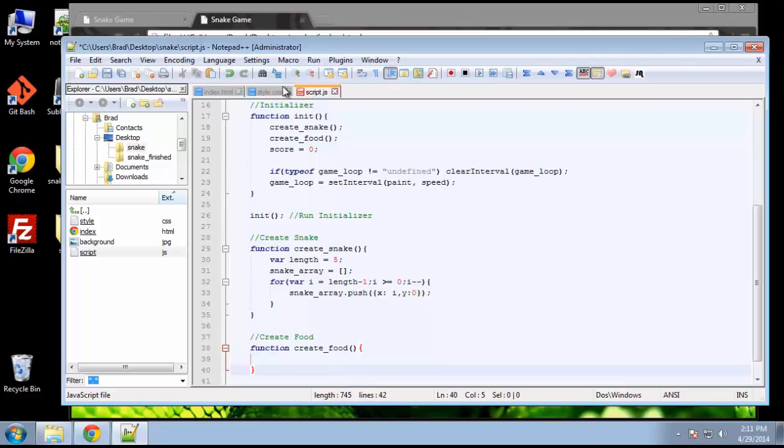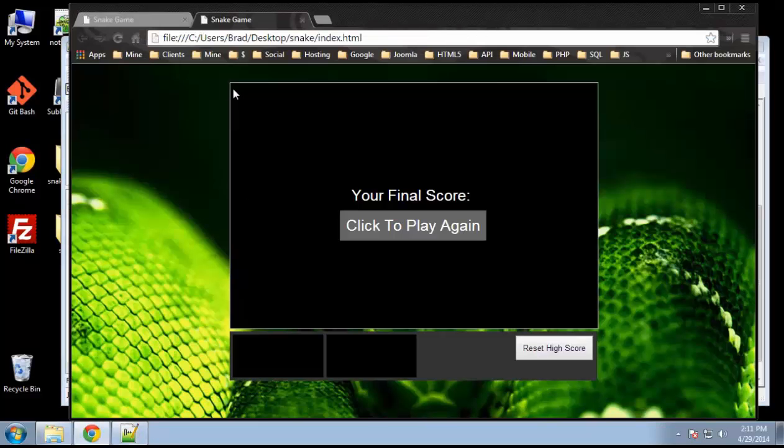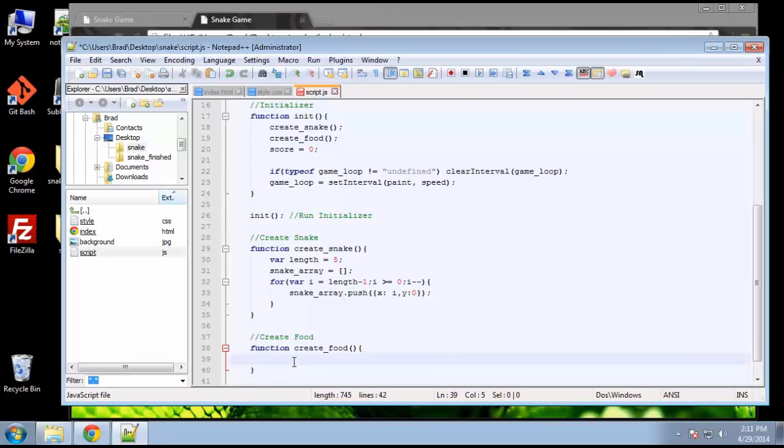Basically, with our canvas, there is going to be 45 positions across the rows and columns, and we basically want to create the piece of food in a random place, pretty much anywhere in the square. Alright, so to do that, we're just going to create this food object. Alright, so food,